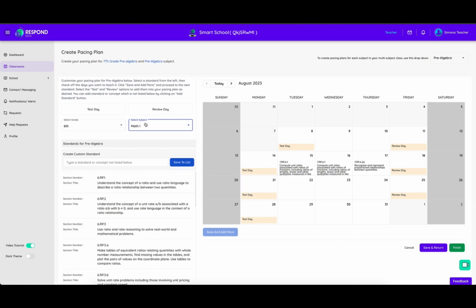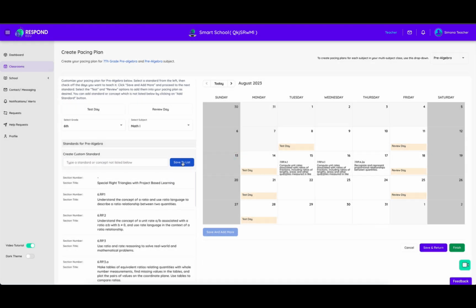What if you want to create a custom standard? For example, you want to teach special right triangles with project-based learning. Simply type it here and save it to the list. Now, at the top of the list, you'll be able to select that new custom standard and drop it into